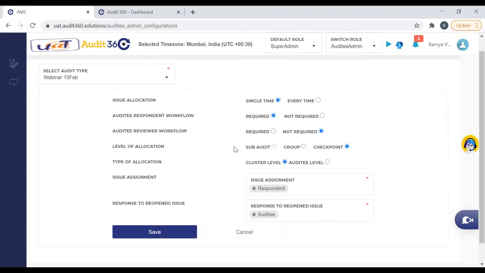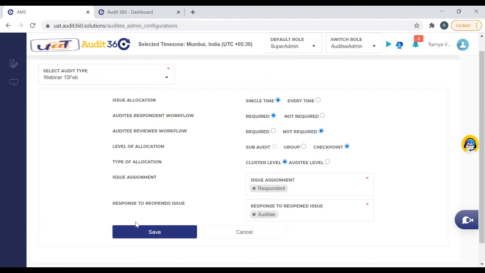But the user, either the super admin or the user who has access to audit admin, which can even be an audit team side, can also configure how the issue allocation and the managing of the responses of reopened can be done at a parent audit level. So this will help for a smoother process.